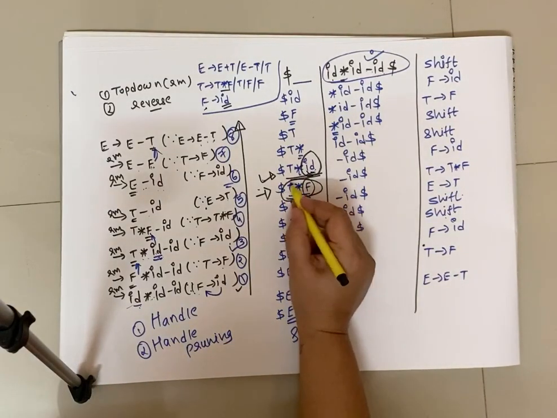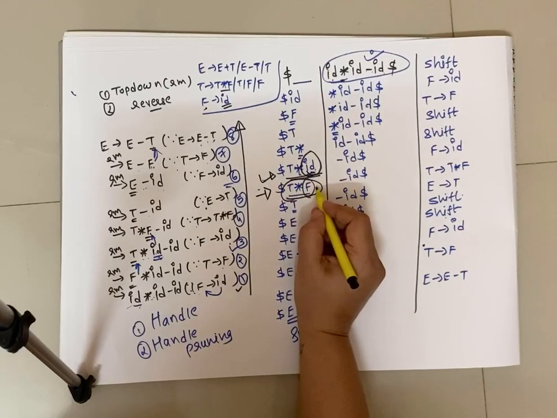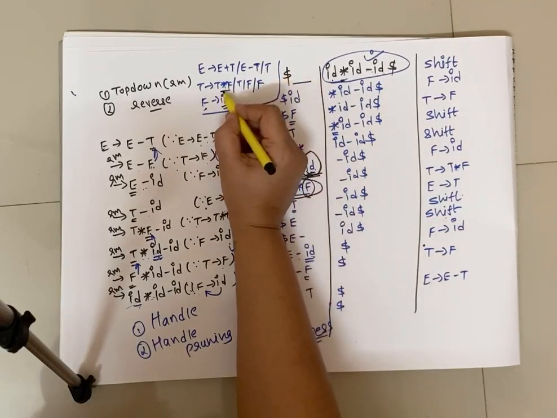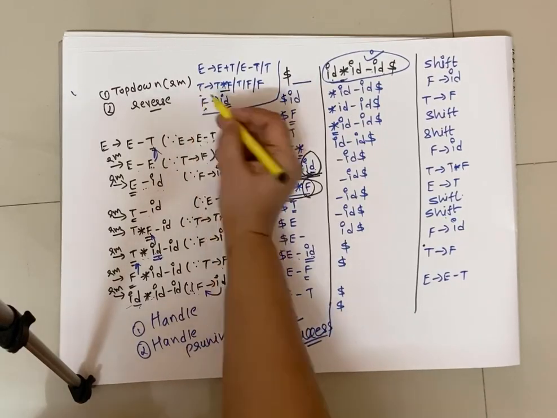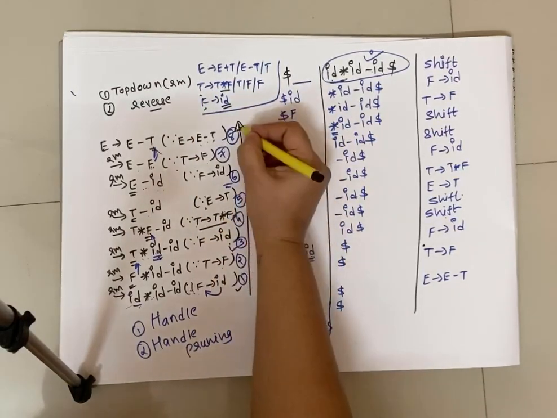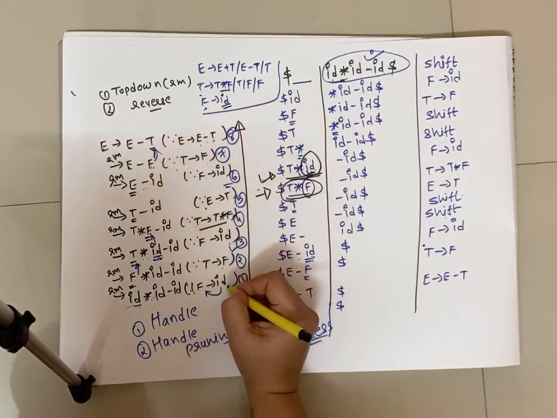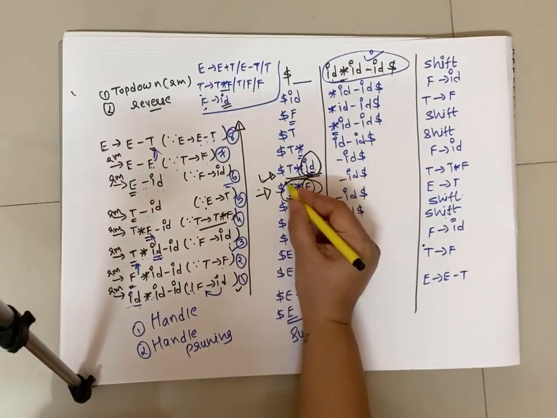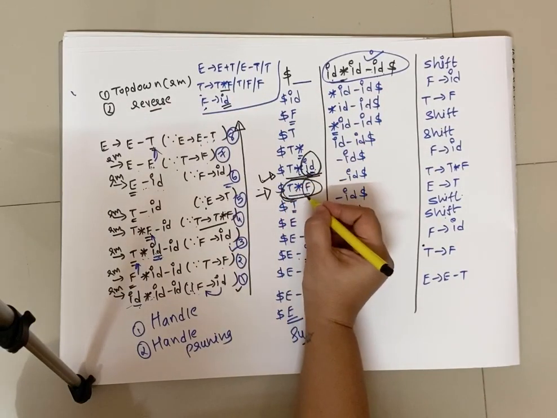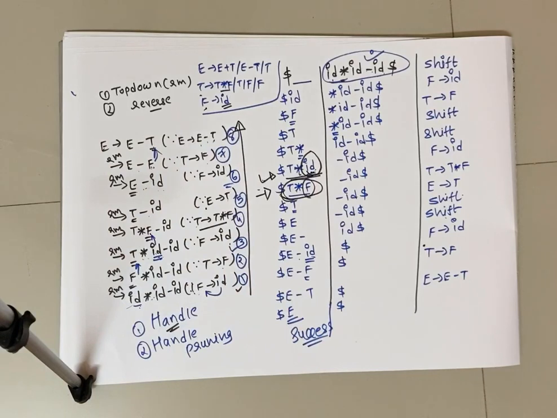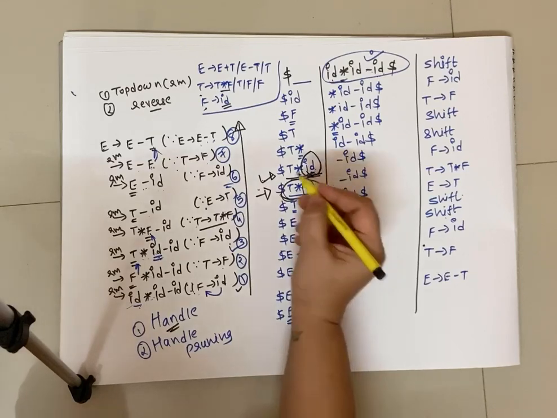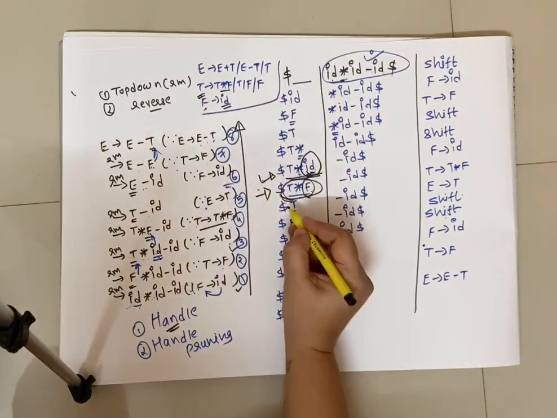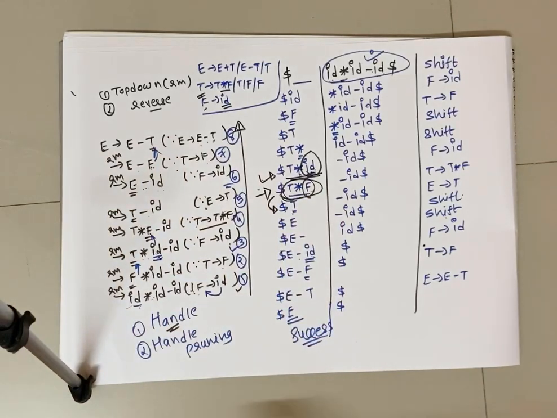When the substring or symbol which is on top of the stack matches with any of the production's right hand side, and you replace that substring or symbol with the left hand side non-terminal, you are following the reverse of rightmost derivation successfully, then that substring or symbol which is on top of the stack is called handle. And replacing that substring or symbol which is on top of the stack by the left hand side non-terminal, this process of replacement is called handle